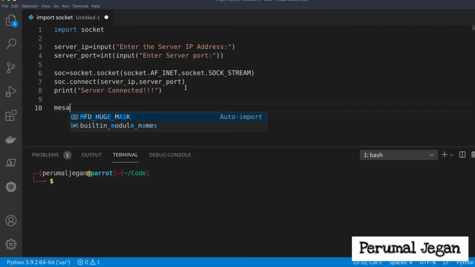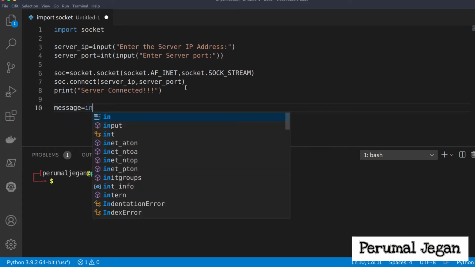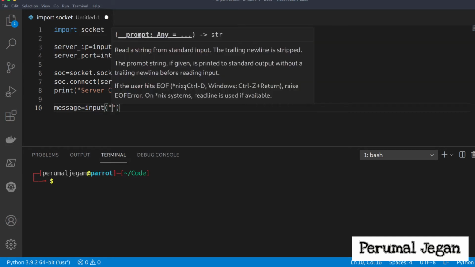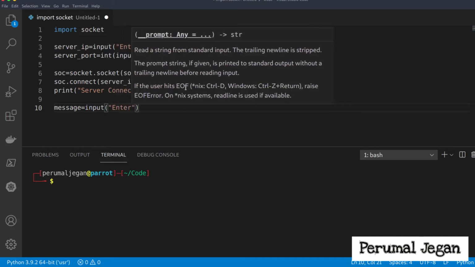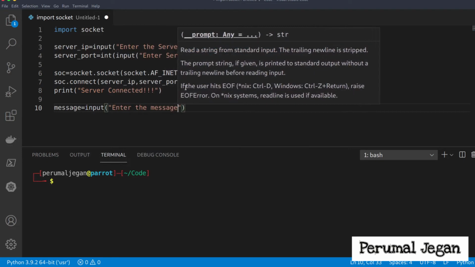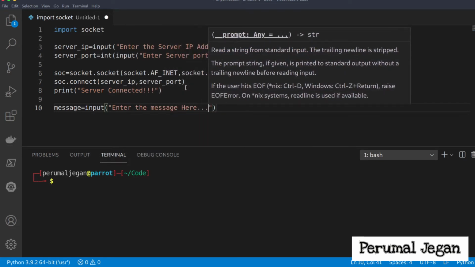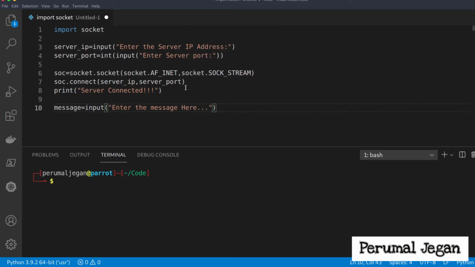Let me give the name message here equal to, I'm using the input function to grab the input from the user. Enter the message here. Okay, well and good. Now I got the input.